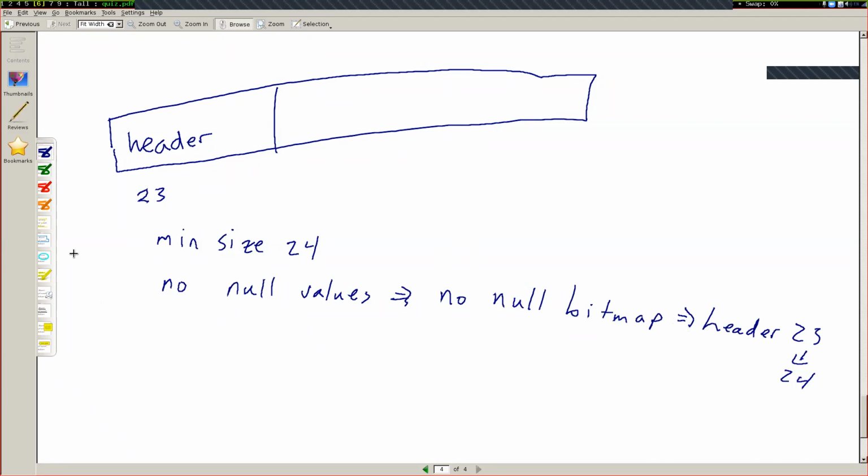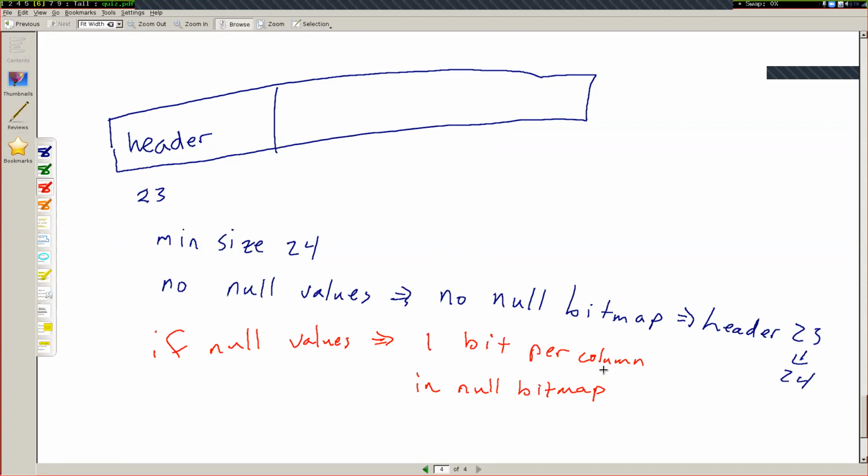But when there are null values, then we need 1 bit per column in the null bitmap. And it's important that this is 1 bit for every single column, whether it's nullable or not nullable, whether it happens to be null or happens to not be null. And so if we ever have more than 8 columns in our row, then the null bitmap, well, let's start with